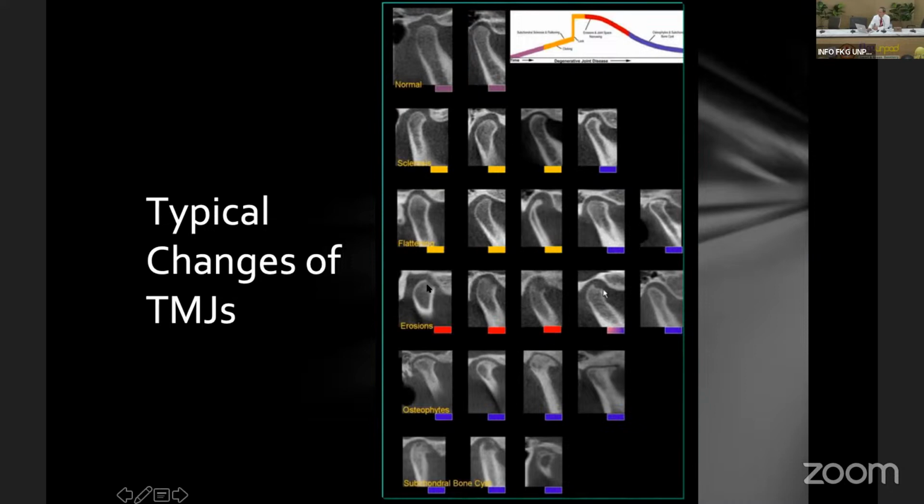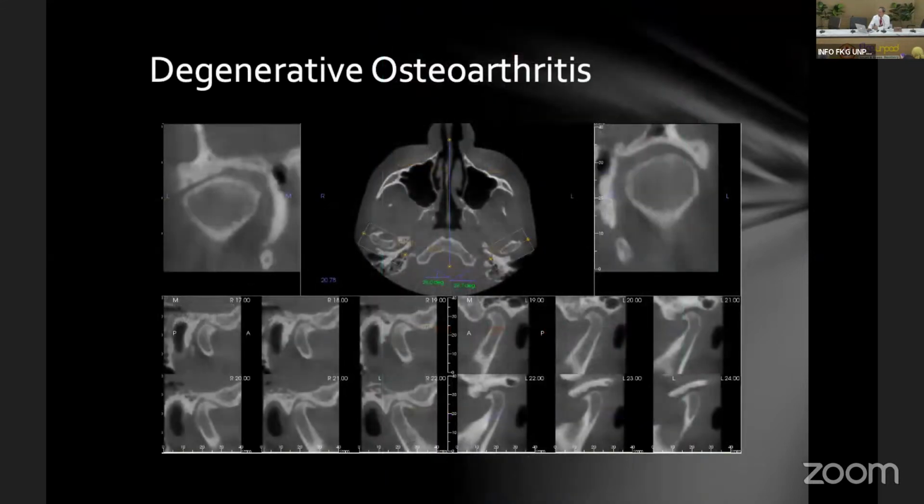And the cortical erosion, the loss of the cortex, you can also see on the cone beam. Anterior osteophyte formation, you can see here. Sometimes you can also see subchondral cyst formation like this one. Now, for oral medicine, if patients present with temporomandibular joint disease, the cone beam can certainly help you assess the bone change. This is degenerative osteoarthritis. You can see the flattening and the sclerotic change, with anterior osteophyte formation.